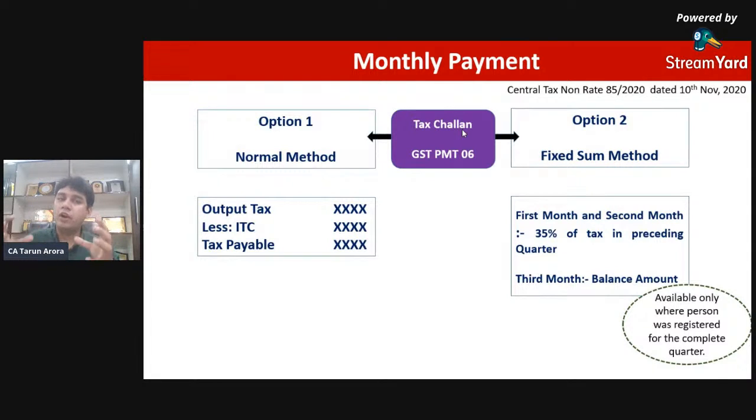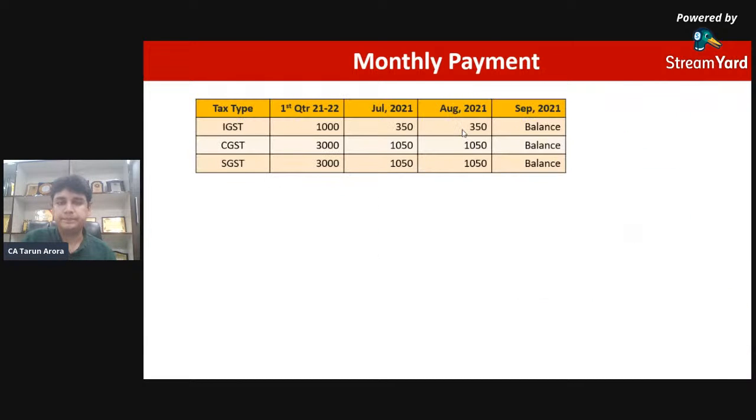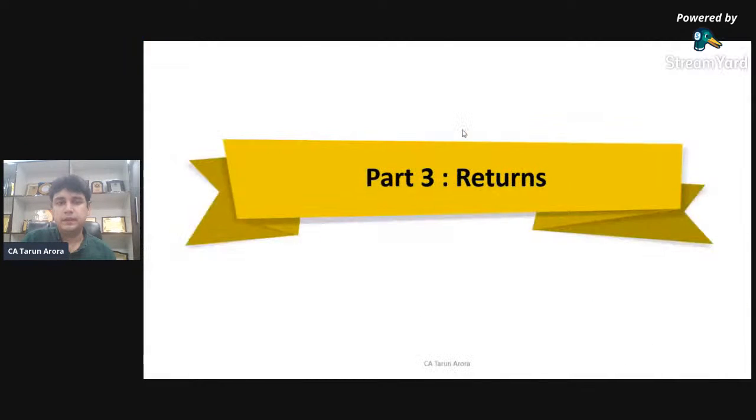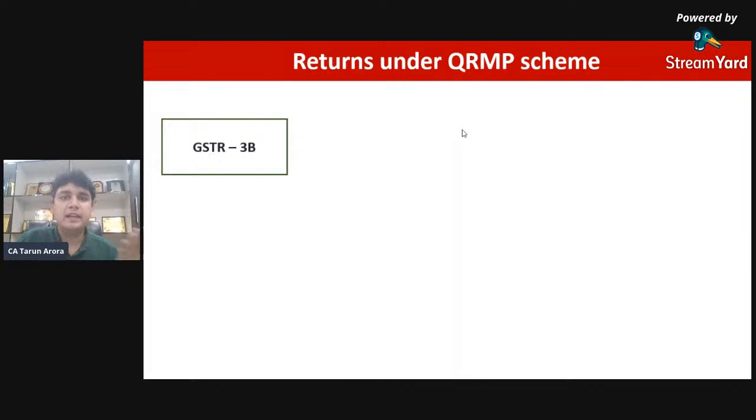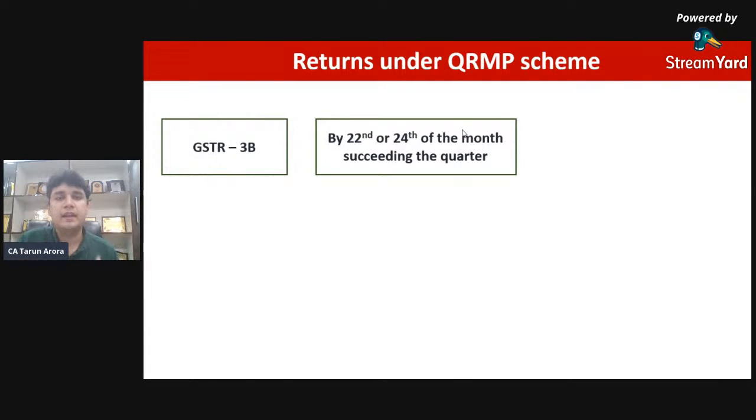हाँ, जब आप पूरे क्वार्टर के लिए रजिस्टर्ड हो, उसके बाद यू कैन गो फॉर फिक्स सम मेथड। लास्ट इज रिटर्न्स, वन ऑफ द इजीएस्ट थिंग। क्यों? क्योंकि कोई रिटर्न नहीं तो आ ही नहीं रही है। जीएसटी या 3B पहले भी फाइल करते थे, अभी भी फाइल करना है, पहले मंथली फाइल करते थे, अब क्वार्टरली फाइल करना है। ड्यू डेट्स 22 एंड 24, कोई चेंज